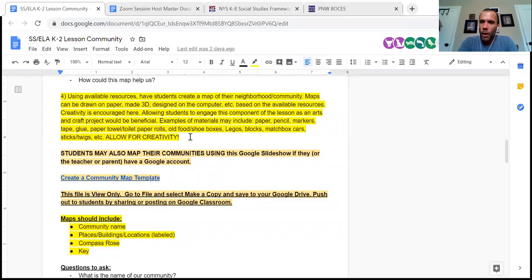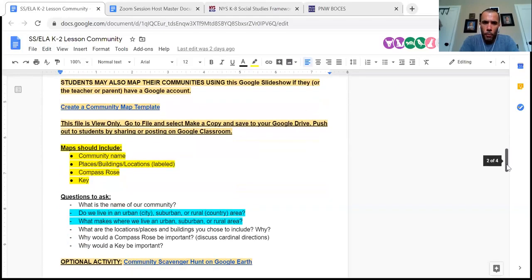So again, we want our students to be engaged. We want them to be limiting their screen time. You know, we want them to be learning. And this is a great opportunity for them to engage in a little bit of learning. And again, whether they have an adult helping them with this, or whether their parents maybe are working from home and they can take a little bit of time to gather the materials on their own, it could be framed like that as well. So it's going to give families a little bit of flexibility in terms of how they dig into this part of the project.